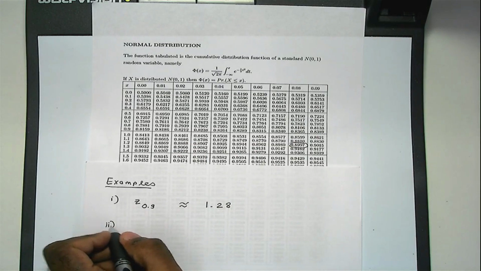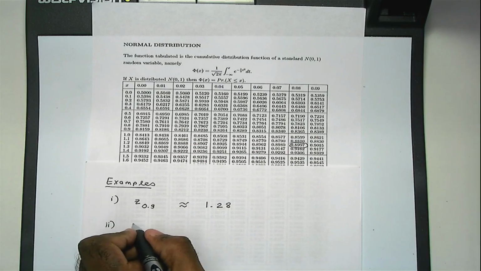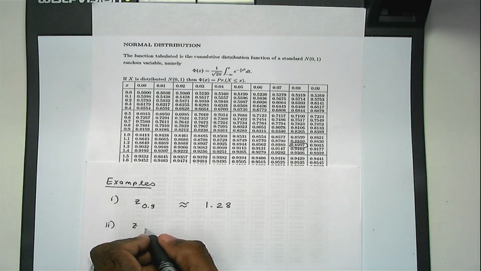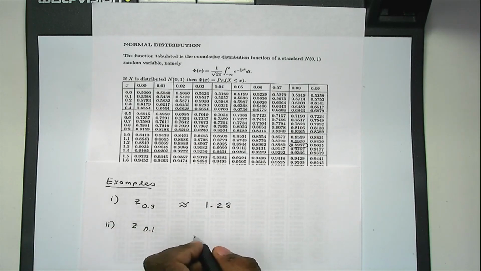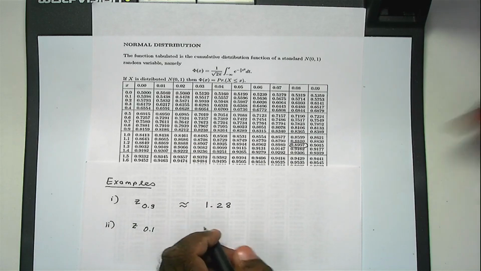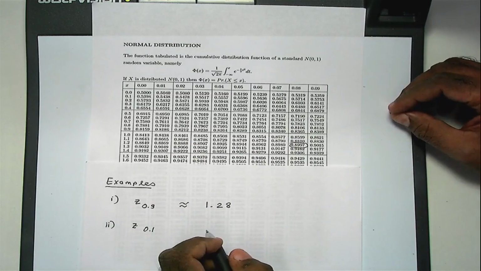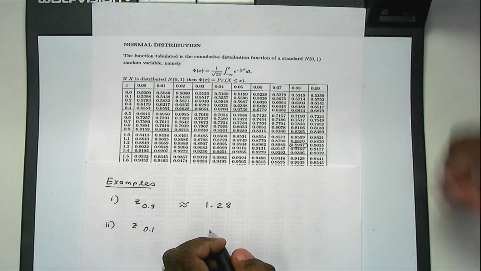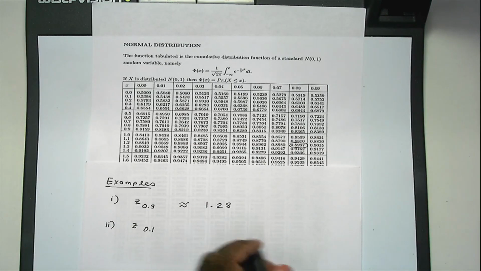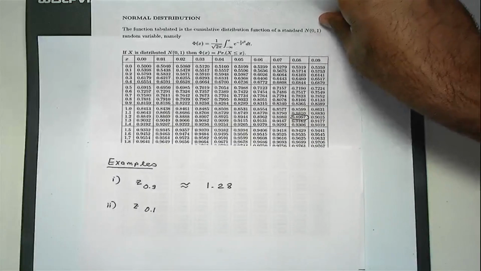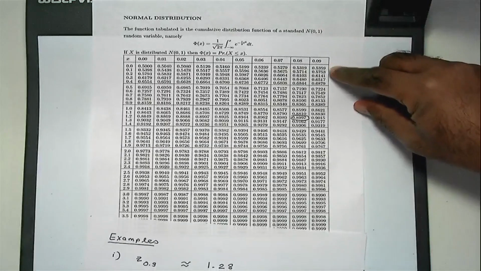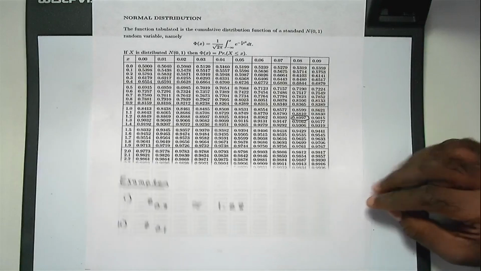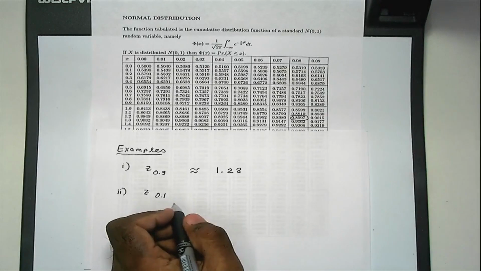Suppose you want to read 0.1. 0.1 is not in this table, right? Okay, so what you need to do is to use, you see, if you look at this table here, it only starts from 0.5 down to 1. It doesn't have 0.1. So what you need to do is to use the property that I just gave you,